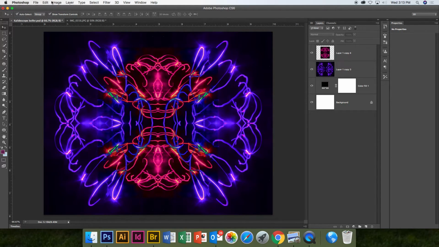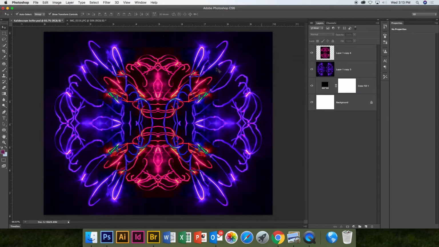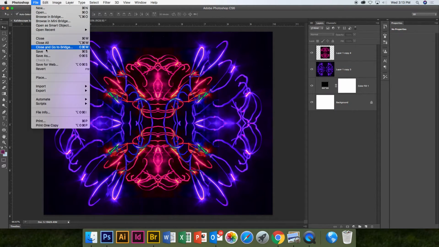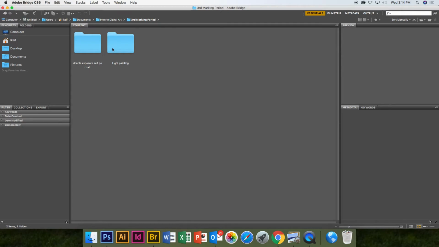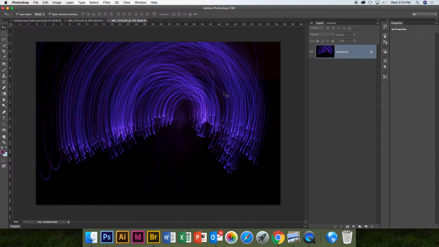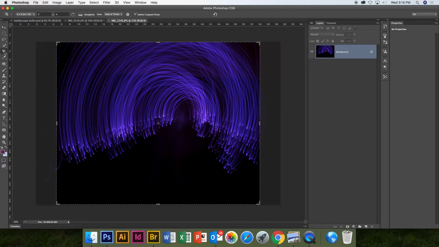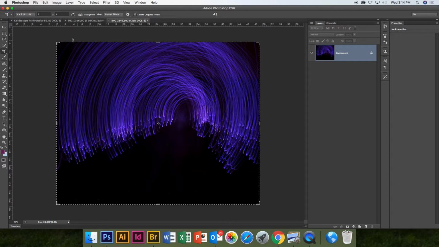So in the end, I'm going to double check. So it is 8 by 10 at 150. This would be fine right here. File, save. So there's my kaleidoscope design, and it was pretty quick. But play around with it. You can also take multiple images. I could go back to Bridge. You don't want to do too much, but you know, I don't know, see what it looks like to bring another one in. Once you have that kaleidoscope design done,